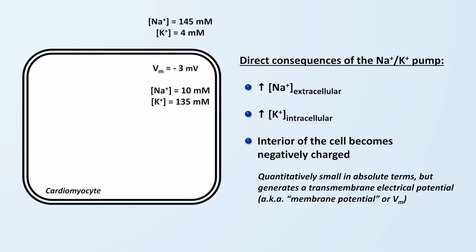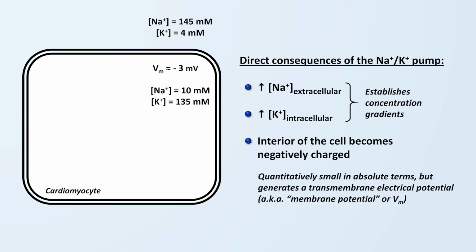By convention, membrane potentials are designated intracellular relative to extracellular. So if the membrane potential is one which would tend to pull positive charge into the cell, it's a negative membrane potential. I've labeled it -3 millivolts here, but don't worry too much about the actual value, which will vary a little bit between different cell types. The main point is that the sodium-potassium pump establishes concentration gradients and has a relatively small direct contribution to making